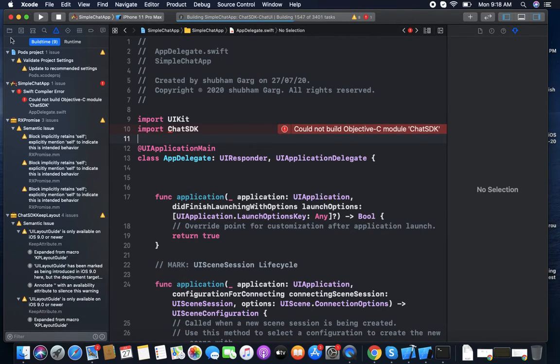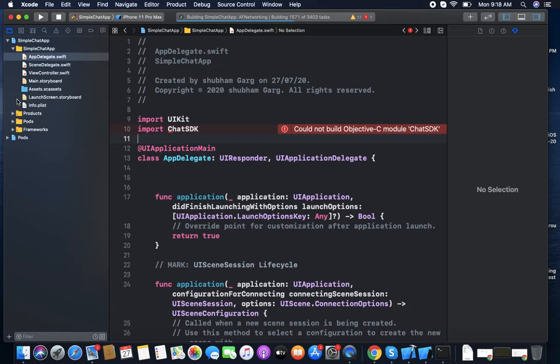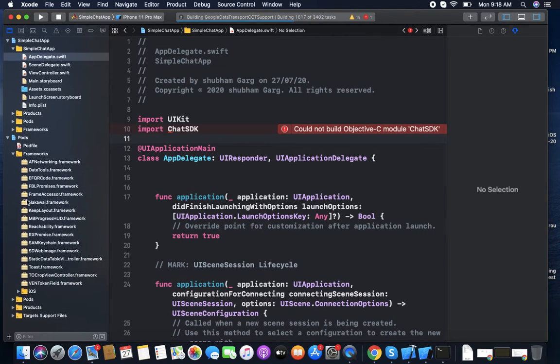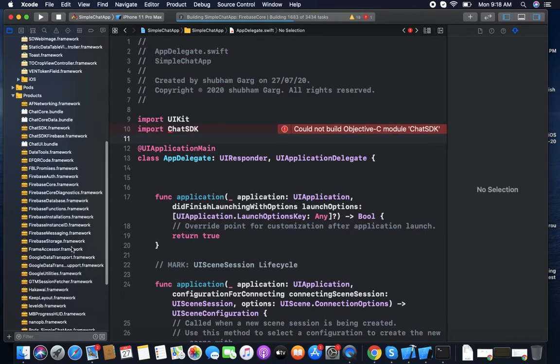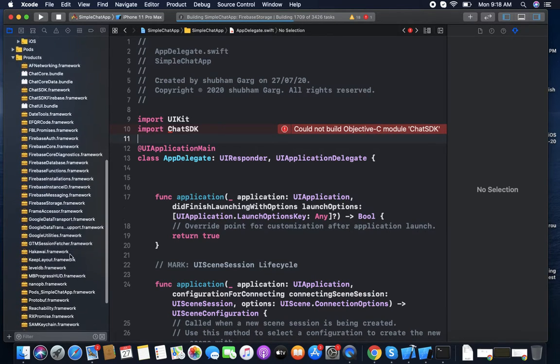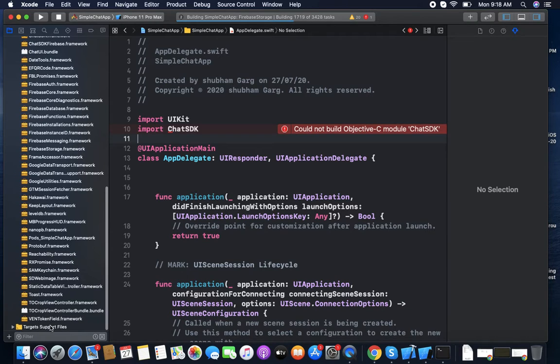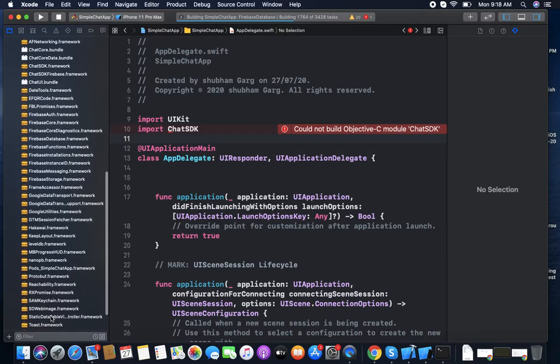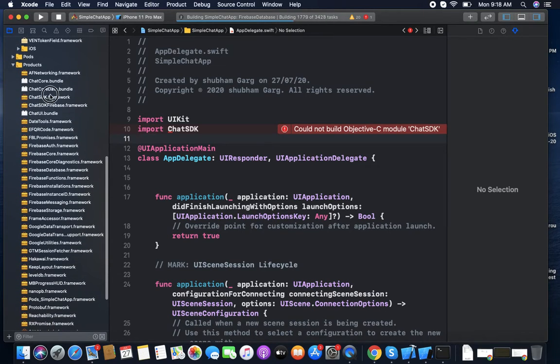But as you can see, this library has loads of skins. I can show you that. You can go to framework, pods, import. You can see there are loads of libraries. This is the ChatSDK framework.